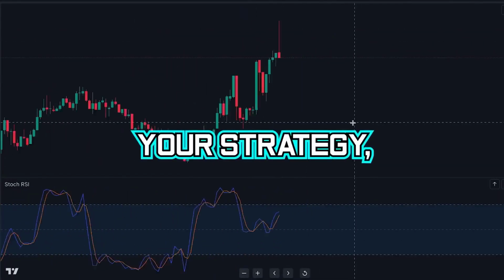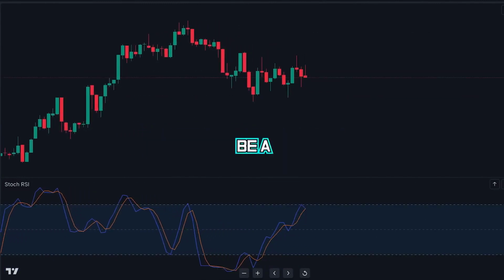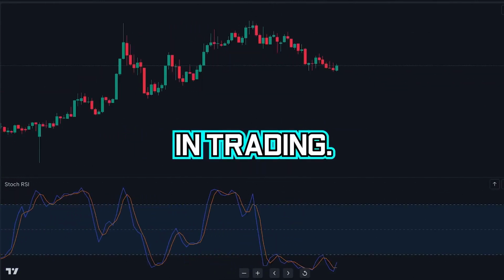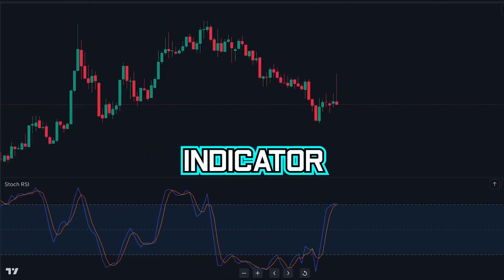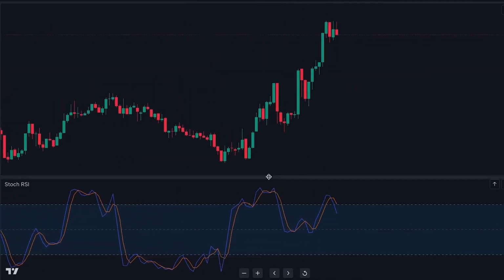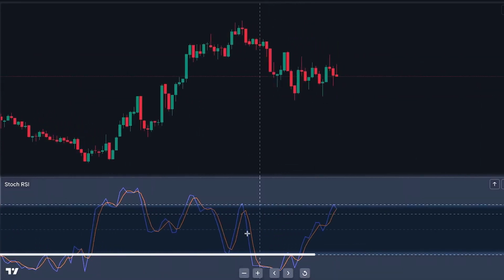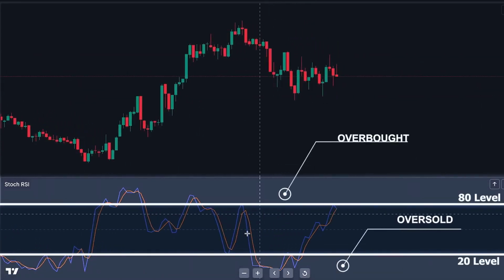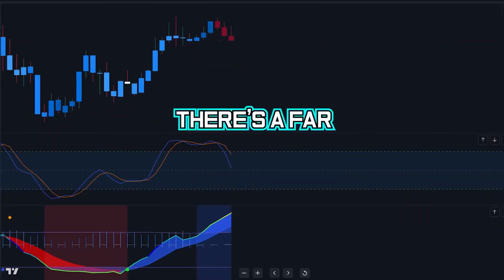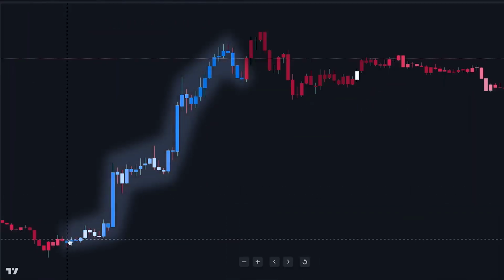Regardless of your strategy, having a momentum oscillator that determines oversold or overbought levels will be a critical part of your success in trading. One common indicator often used to detect this is the stochastic RSI indicator, known for its ability to detect overbought and oversold levels by oscillating between the 20 level for oversold and the 80 level for overbought. However, there's a far better version of this indicator that filters out market noise, colors the candles based on